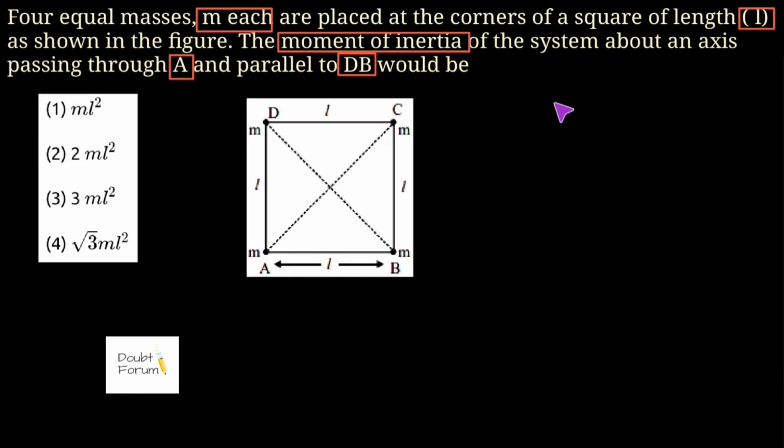As we can see, this question involves the concept of moment of inertia. This moment of inertia, which is represented by letter I, is the mass equivalent in rotational or angular motion. As we all know, there are two types of motion. The first is linear motion and the second is angular or rotational motion. In linear motion, the object moves in a straight line. So whenever any object is moving in a straight line, the force on that object is given by its mass